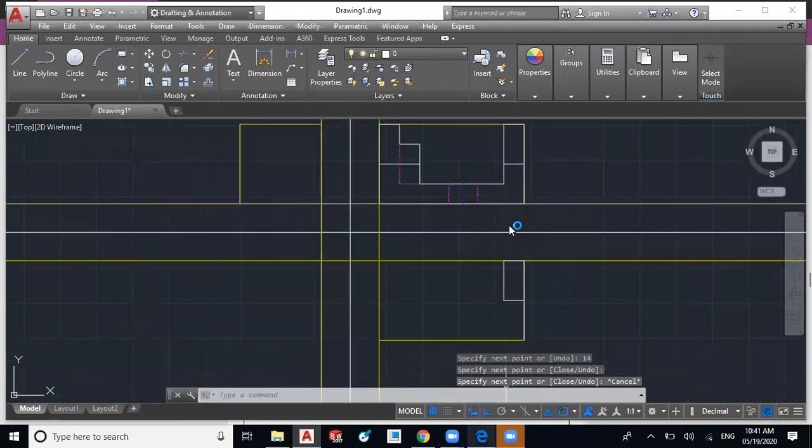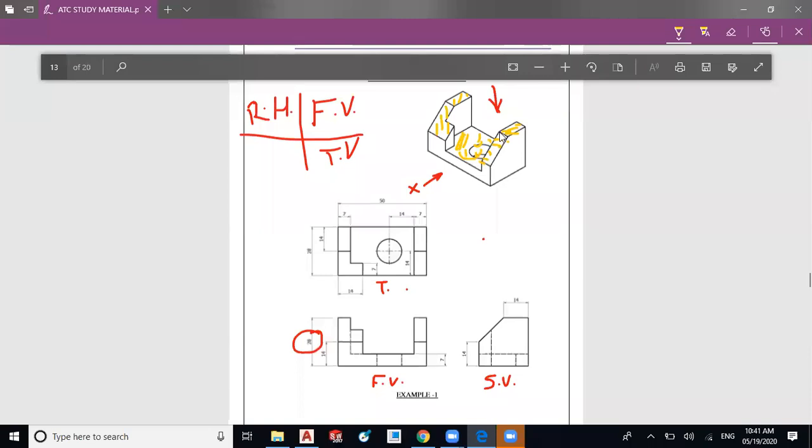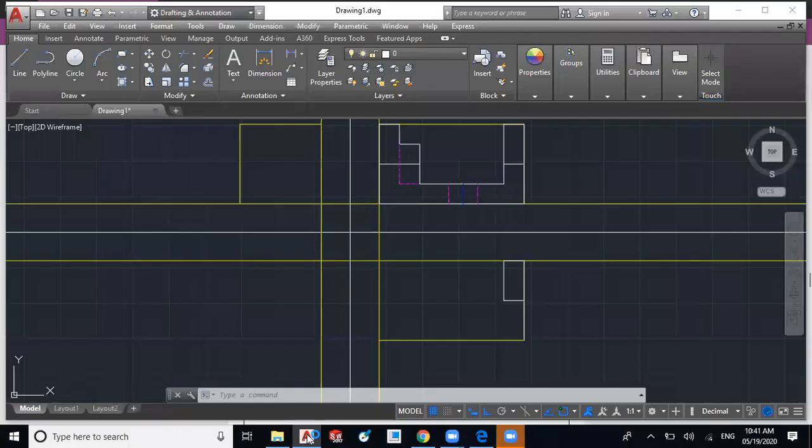For this inclined portion, you have to start from this corner and end at the given width. Select the line, start from this, go straight to the perpendicular point and close. You will automatically get the projected length of that inclined surface.